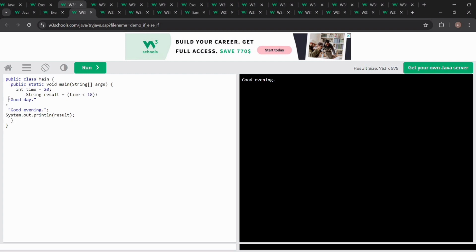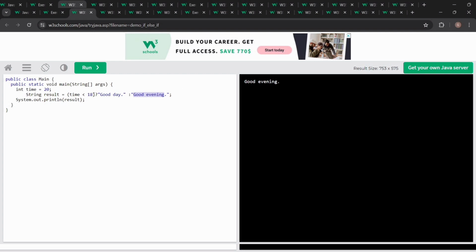Okay, so now we are checking whether it is true or false. 20 is greater than 18, but we have put less than. So let's see what result it should print. Let's wait. See, it printed Good evening, because this condition is wrong.